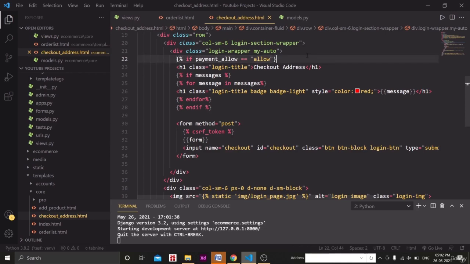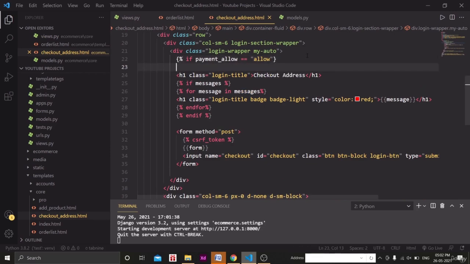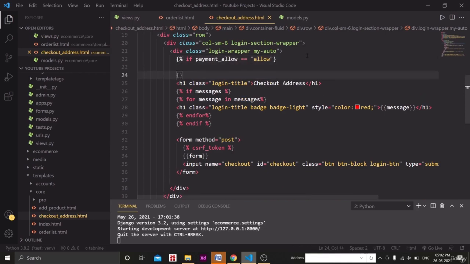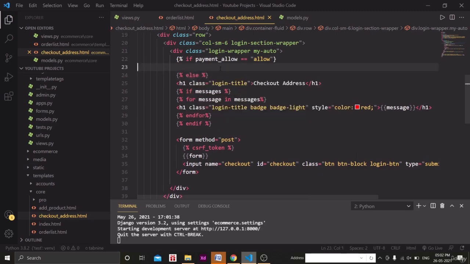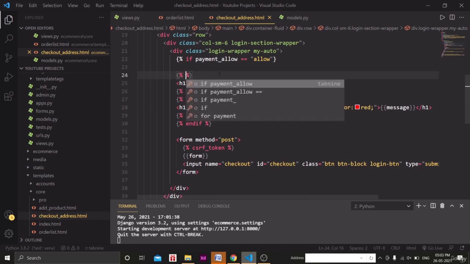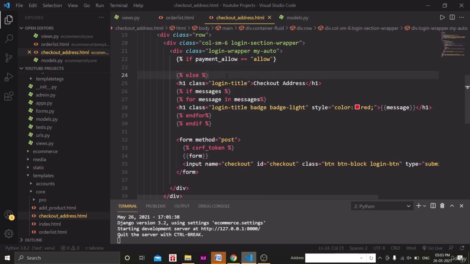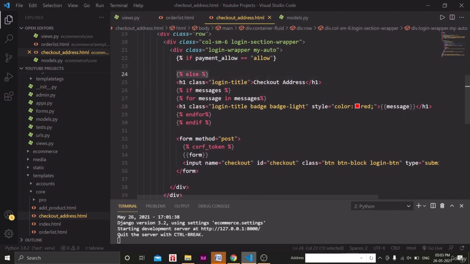Okay, so if payment allow equal to allow, if this thing is there, then we will write some code that I am going to show you in a couple of seconds. Else we will write this, right? So if payment allow is not equal to allow, then we will simply in the else block pass this form, which is basically the form of address, and we will end our if here